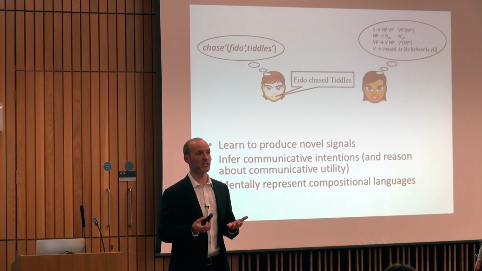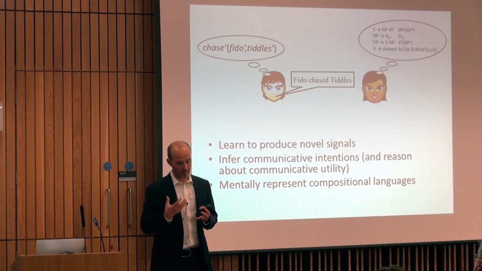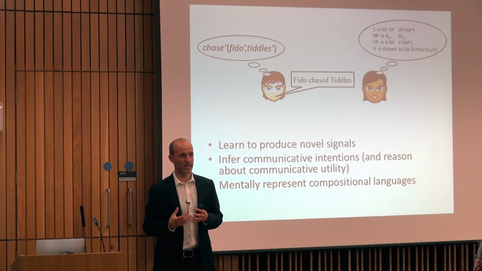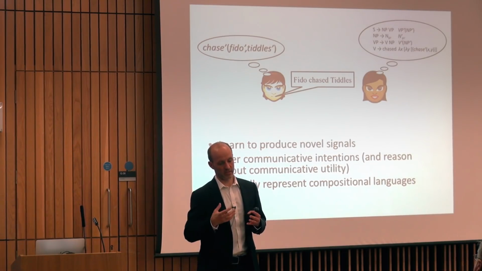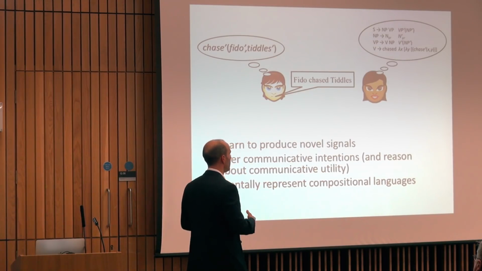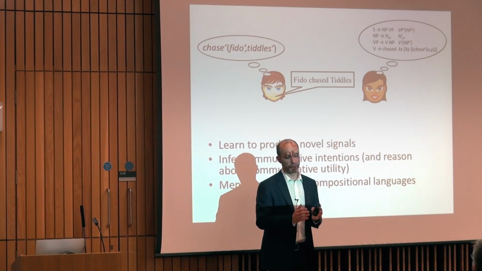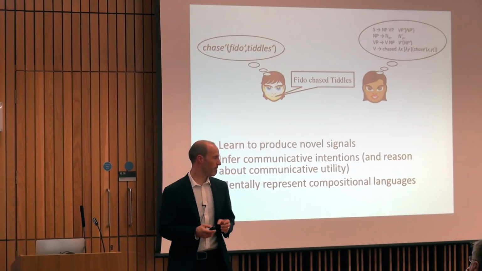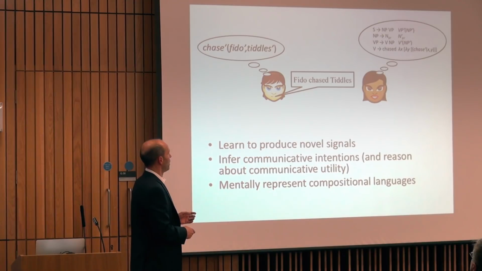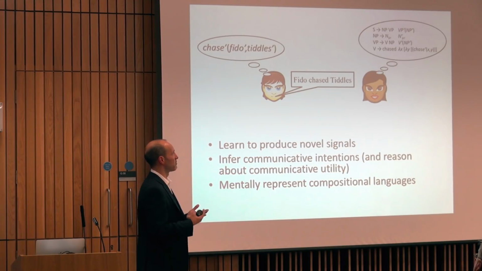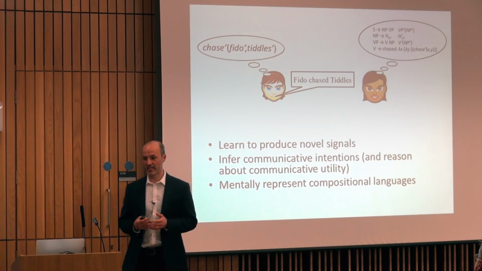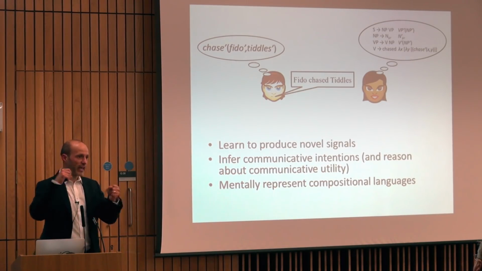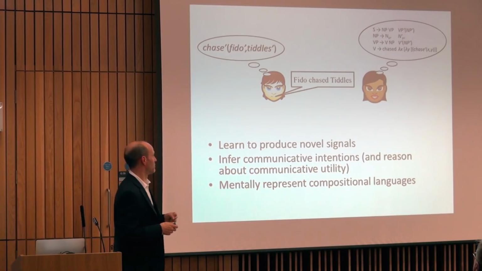There's also good evidence that a number of species are capable of being forced to acquire complex structured grammars. There's a number of studies where people have very painstakingly trained non-human animals on a subset of a human-like language. So you can train an animal, given enough time and enough patience, to be able to interpret complex linguistic sequences. The process by which you can train an animal to do that kind of thing is very laborious. It's very unlike the relatively effortless process of language learning in humans, but nonetheless, you can cram one of these grammars into an animal's mind.